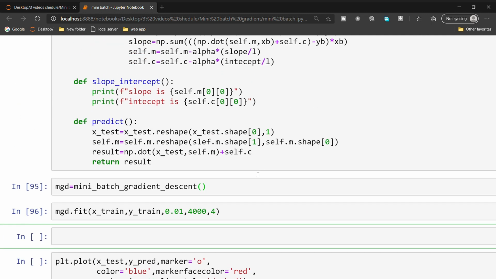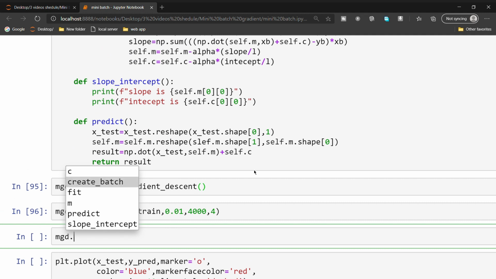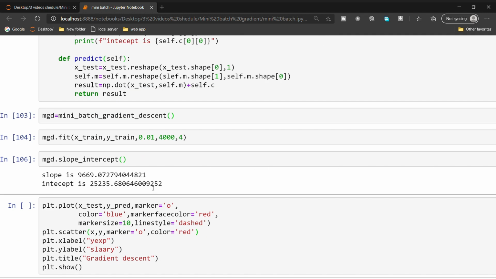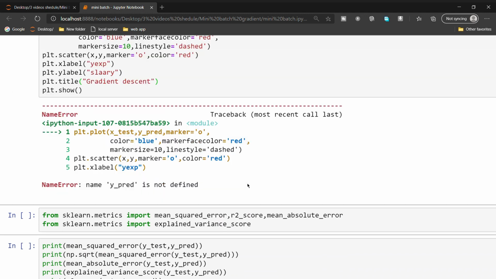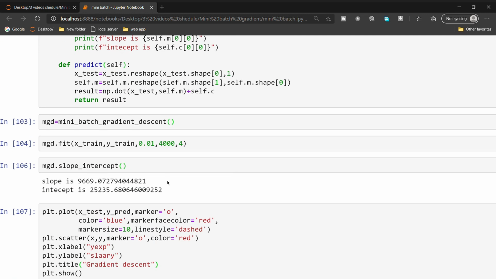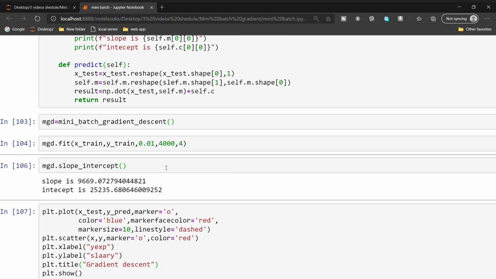Okay, next let's check our slope and those values. Slope intercept. Yeah, we got slope is 9669 and intercept is 25,235. Okay, let's see the plotting also. Oh, we forgot to predict the values.